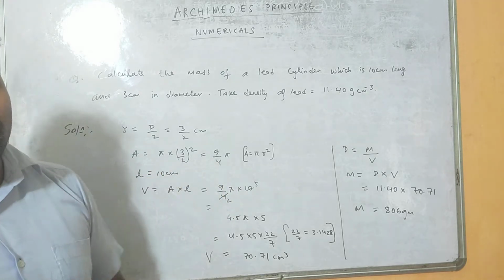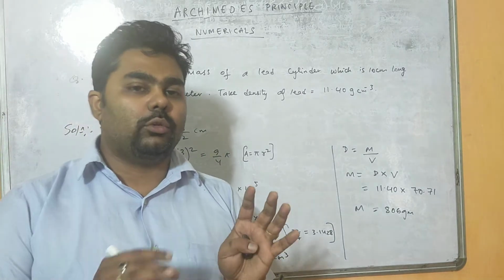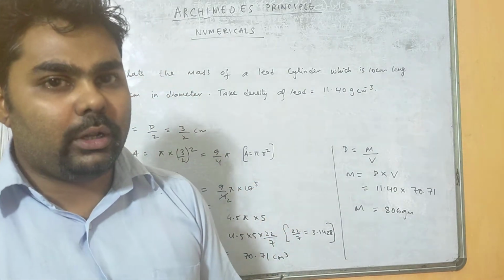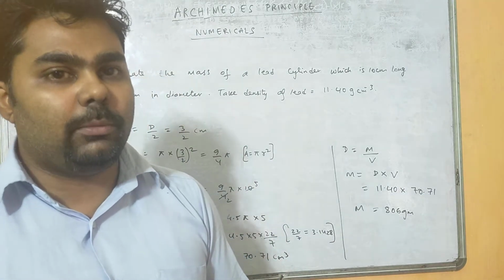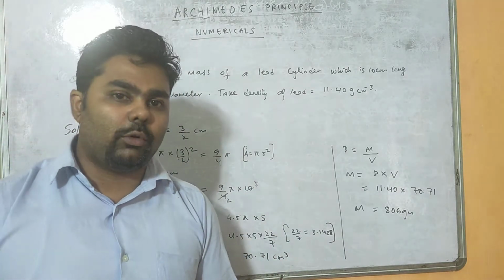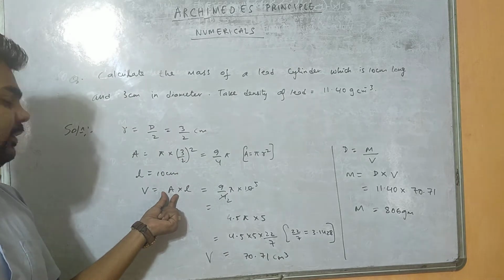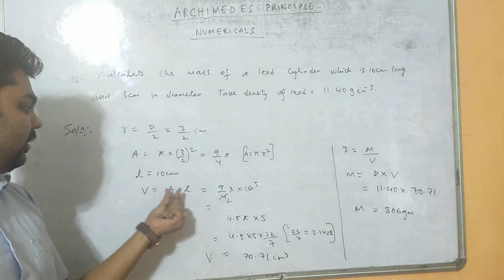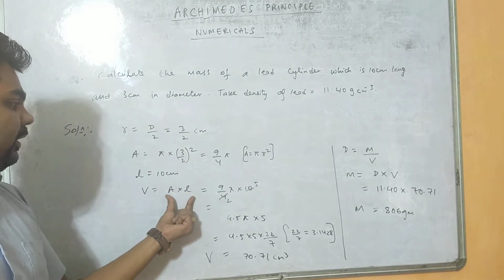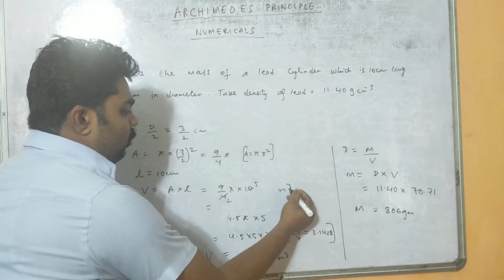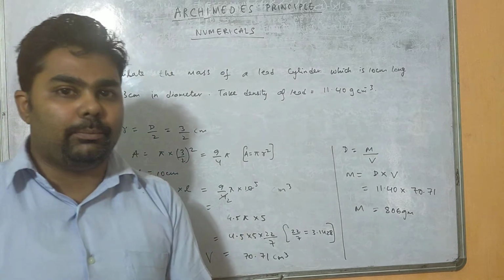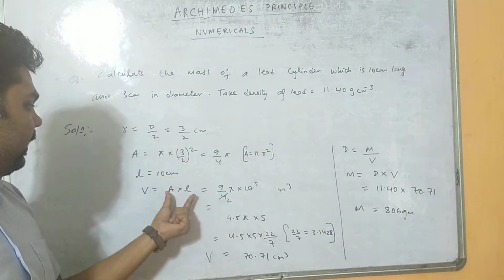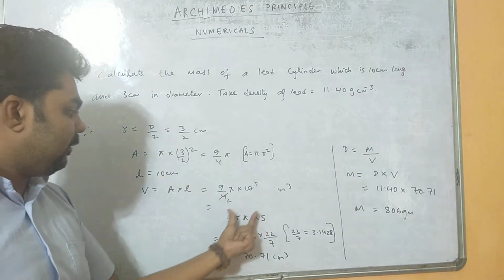So we know volume equals area into length, because what is the unit of area? Meter square, and length is meter. So meter square into meter is meter cube. Similarly, meter cube is the unit of volume. Here also area is in centimeter square and length is in centimeter. So centimeter square into centimeter is centimeter cube. So when we multiply area with length, it always becomes volume, right? So I have multiplied area here with length. After multiplication we got